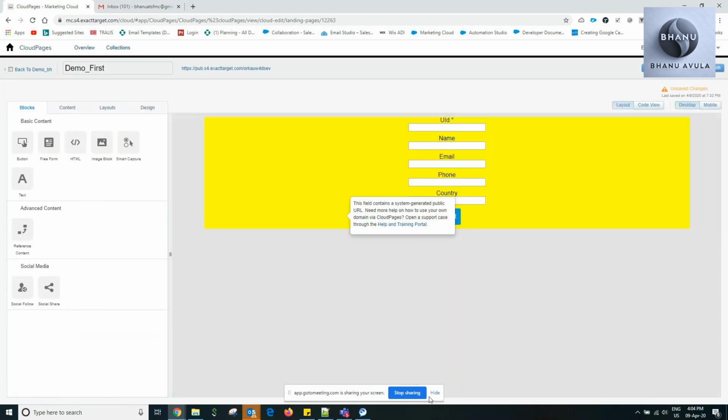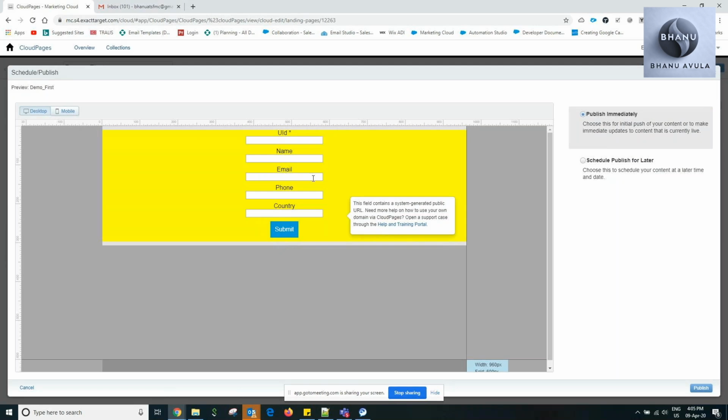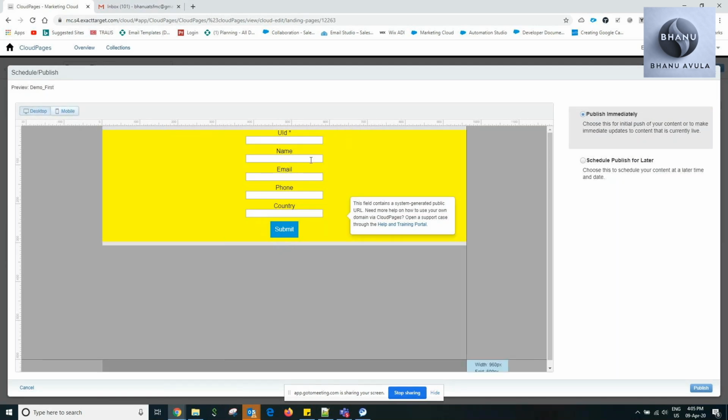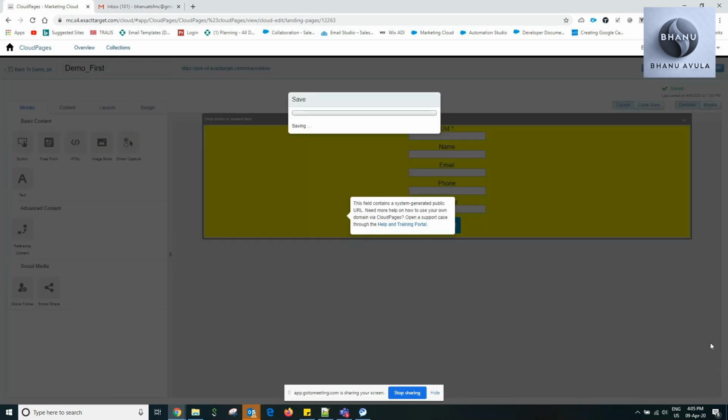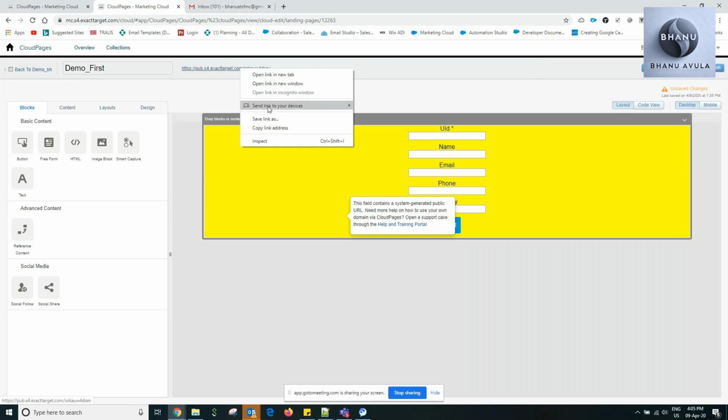Done editing. So once you do it, maybe you can save it and publish it, or publish it later, however it is. And also check how it works in mobile with the size, then publish it. So once this has been published, you get a link here. You copy the link,